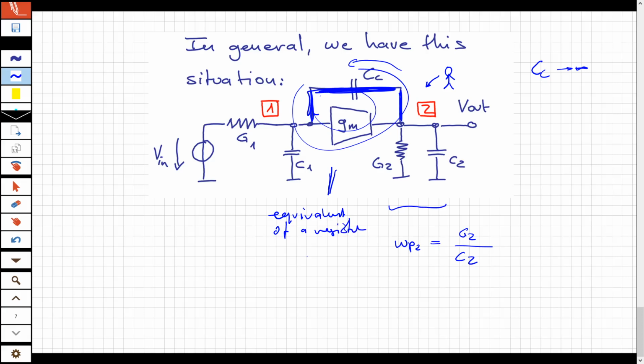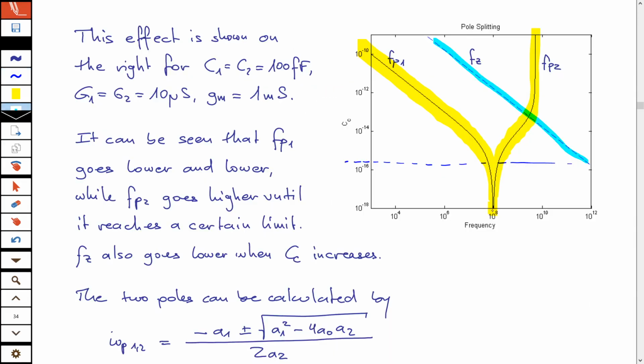And then suddenly this resistor Gm is hanging there in the extreme, and your pole frequency 2 becomes that, and that's the limit. You cannot go higher. This is the reason intuitively why that goes up here from